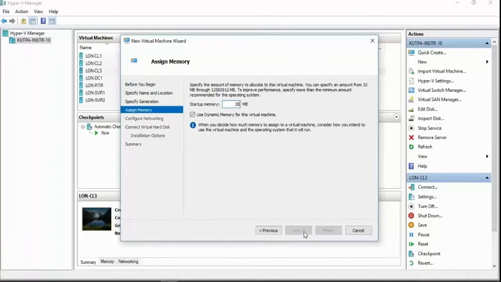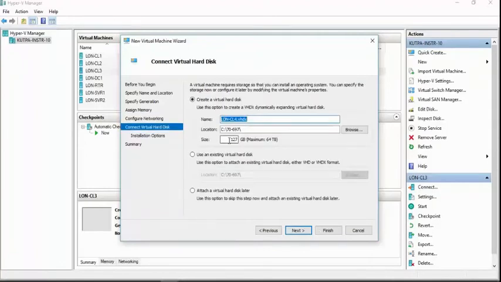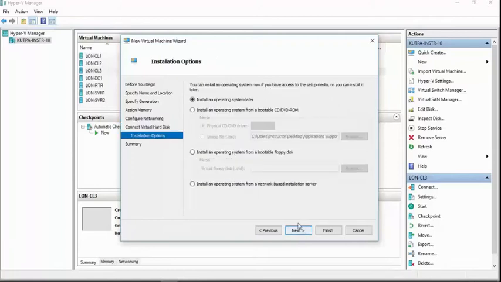next, 2048, next, private 1, next, 60, next,